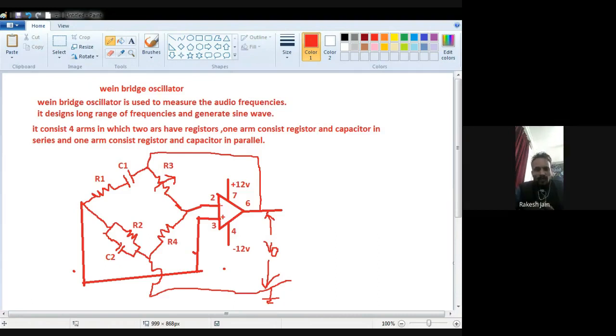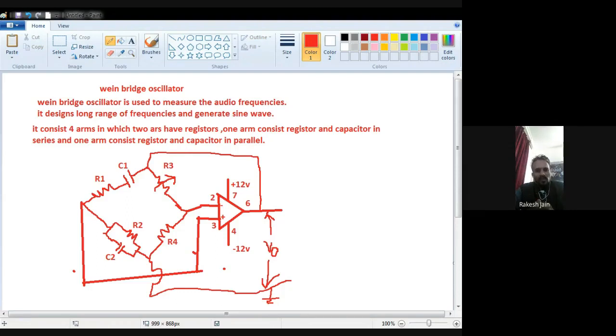We are going to design a Wien bridge oscillator which generates sinusoidal waveforms. Here we design the circuit with the help of the 741 IC operational amplifier, in which the required power supply connected at the 7th number pin is plus 12 and the 4th number pin is connected with minus VE, that is minus 12 volts. From the 6th number terminal of the operational amplifier we will take the output, and the second number pin and third number pin, that is the inverting pin and non-inverting pin of the operational amplifier, are connected with the bridge circuitry of the Wien bridge. This total circuitry is known as a Wien bridge oscillator that will generate a sinusoidal waveform.